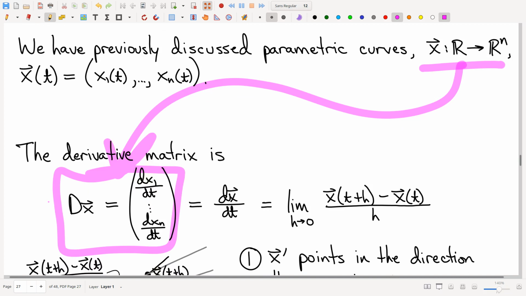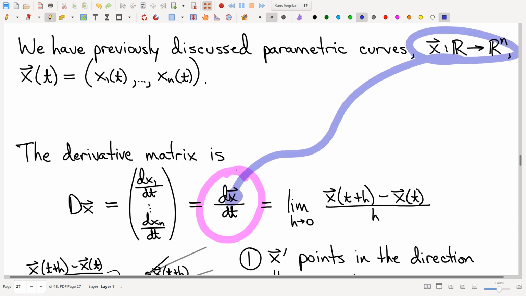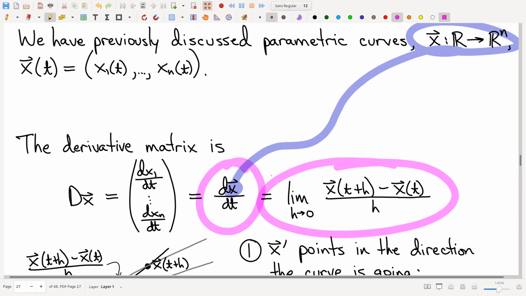Side note, had I not ever thought of derivative matrix, had we just come straight to this, first cat out of the bag, right? When we started doing calculus, and if we had asked, what is the derivative of a function that looks like this? I don't know anything about derivative matrices. I don't know. Can I take a derivative of something like this? This right here is what we would have written down optimistically, hopeful that it might make sense,